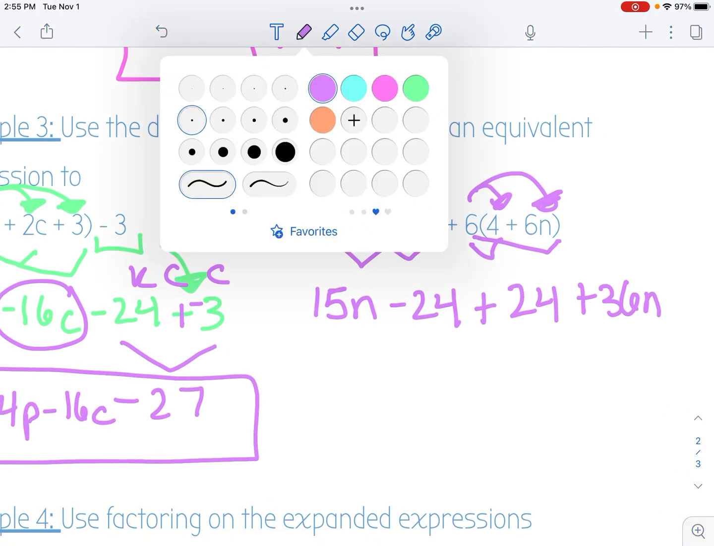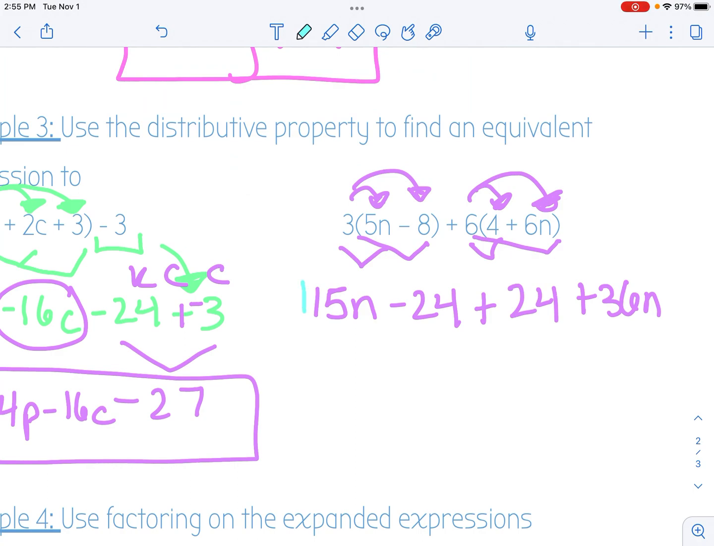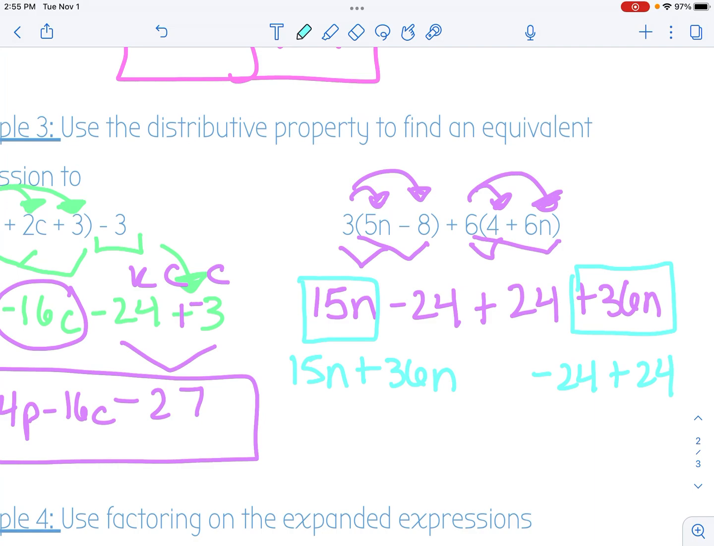Now let's look at like terms to see if we can simplify this expression. I have 15n. Do I have another term just with an n? I do. It is positive 36. So I'm going to go ahead and write those out together so I can combine them. And then my last two are whole numbers. So I have negative 24 plus 24,